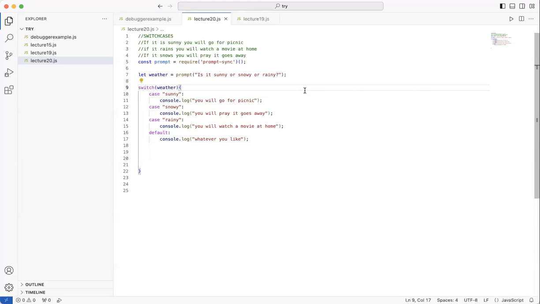Okay, back to the concept. So as you can see, each and every one of these cases are individual blocks. If the weather is sunny, it's going to go in and display the options we are trying to give to the user, and then it's just going to stay there.